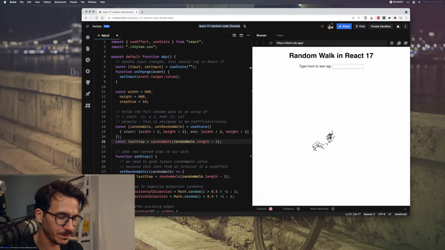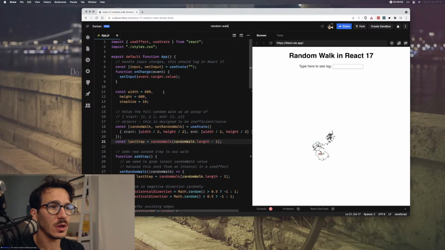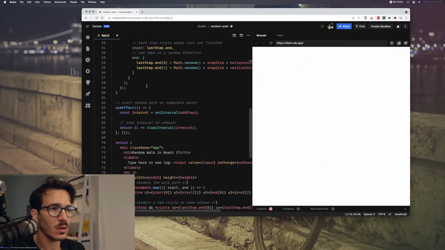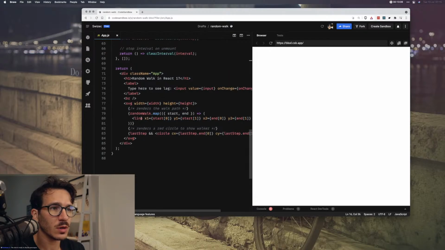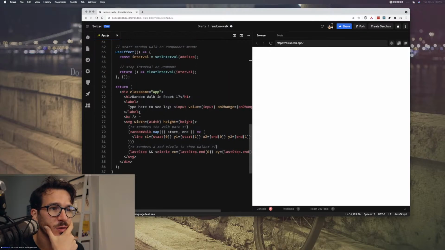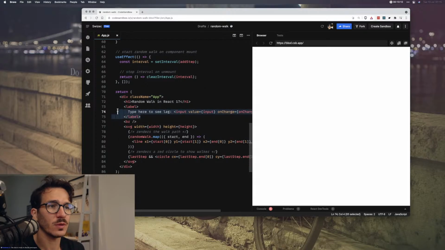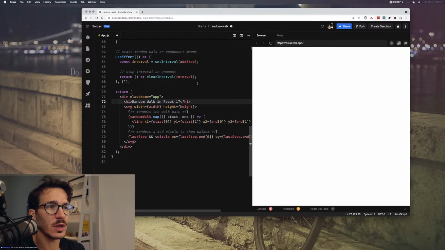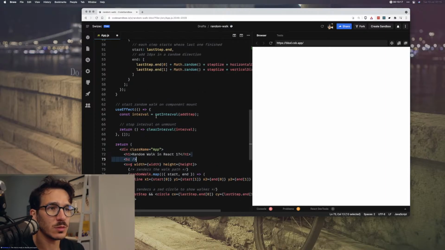We're gonna say random walk, so that's the random walk. This renders the circle. Okay, we don't need typing anymore, so we're gonna take that away. Actually, we can still use the breakpoint.